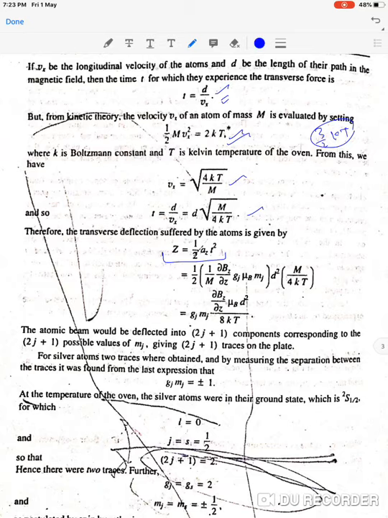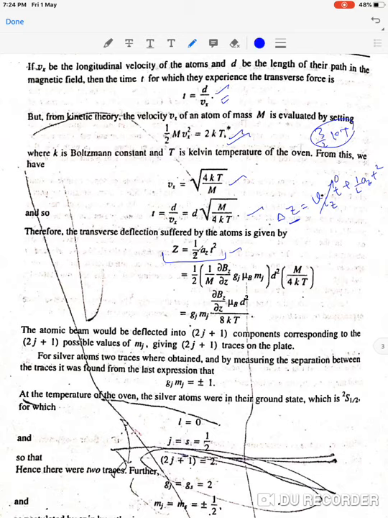Now I can have del z, which is equal to the initial velocity viz times t, plus the acceleration term. If I am calculating the distance traveled in z direction, the relation should be something like half a_z t square, right? But the initial component of the velocity in z direction is 0. So that's why the z deflection suffered by the atoms is this, half a_z t square.